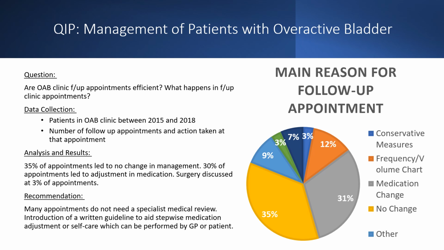So my recommendation was that we didn't need this many follow-up appointments, as many of them didn't need a specialist medical review, and what we implemented was a written guideline to help patients and GPs make decisions in the community about their overactive bladder management. So, for example, small increases in medication dosages, or general advice on reducing caffeine intake and reducing fluid intake before bedtime to reduce nocturia. So that was the do part,